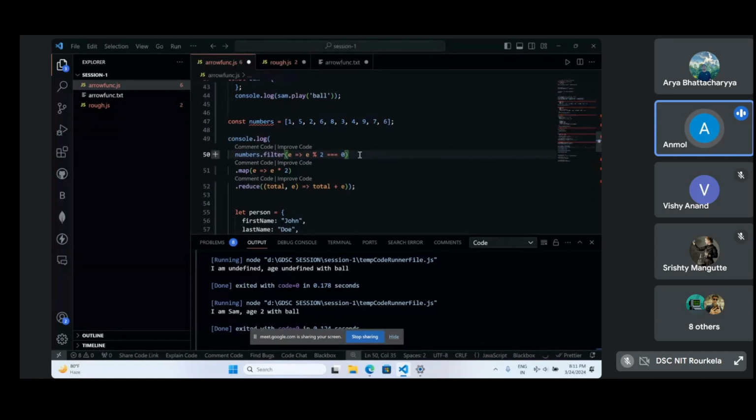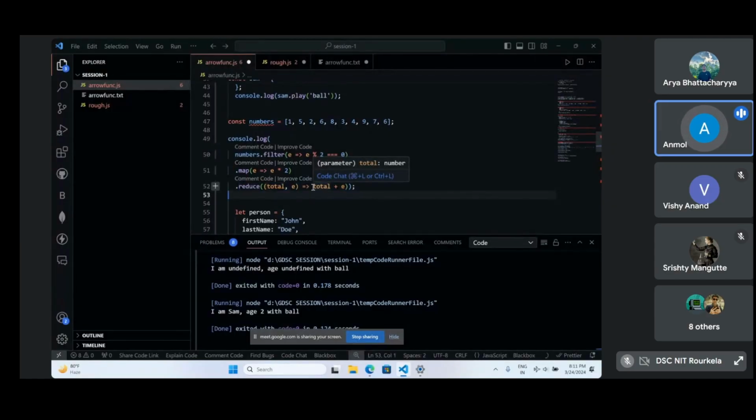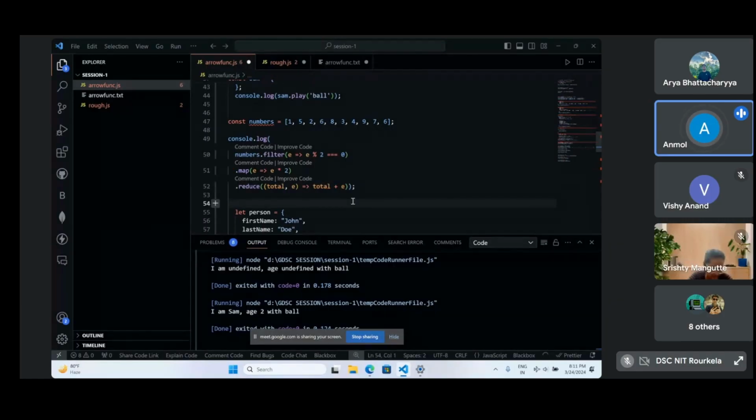It means that it will filter out all the elements which are divisible by 2, or in other words even numbers. Now what .map does is it will multiply all the elements of the array by 2. And .reduce is simple: inside the function we are doing total plus e, so it will give the total sum.